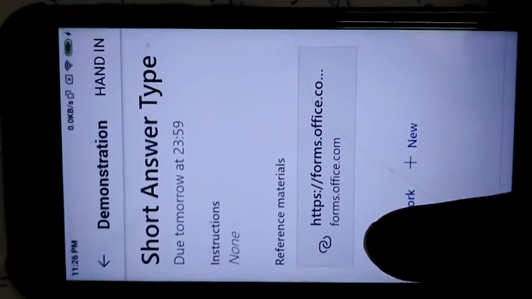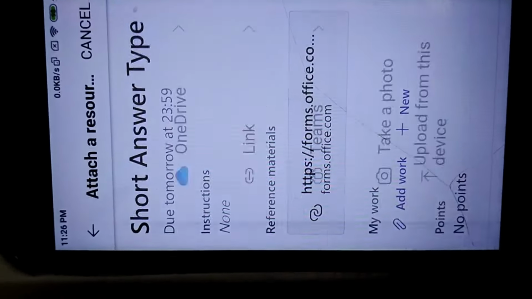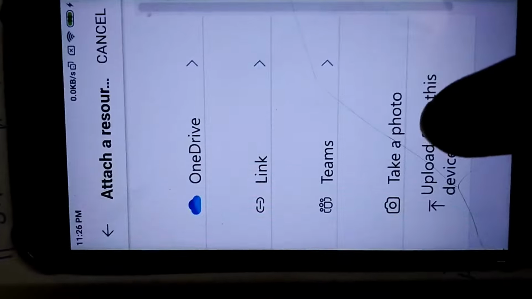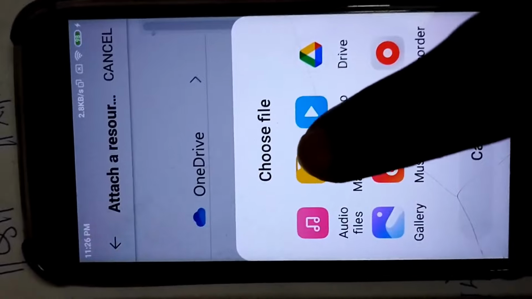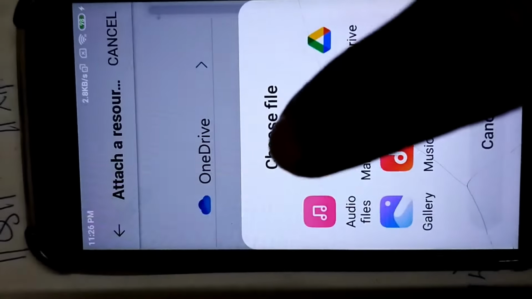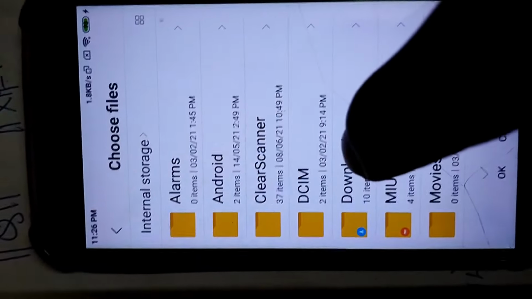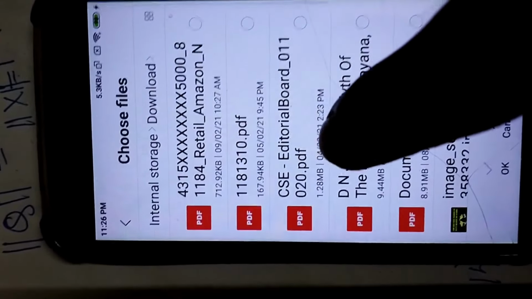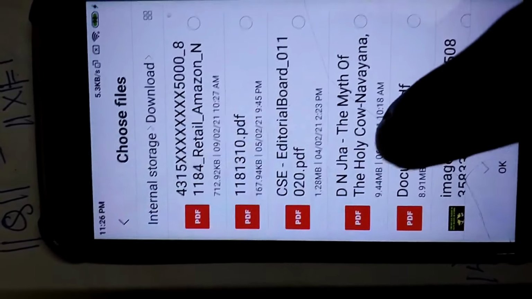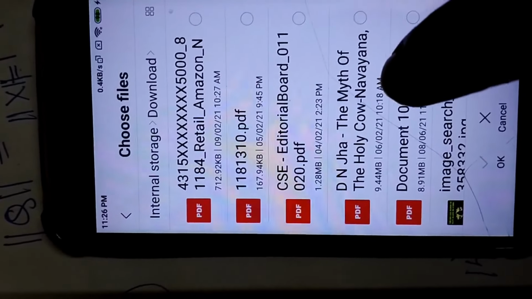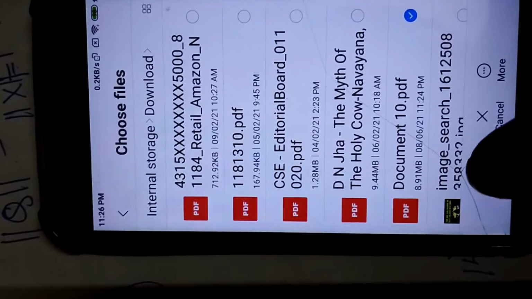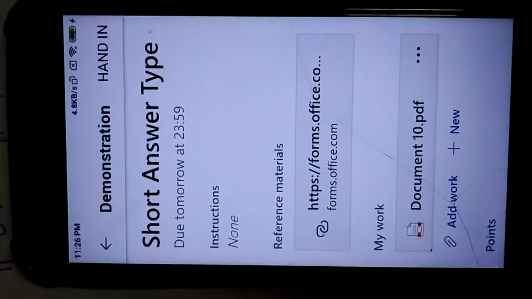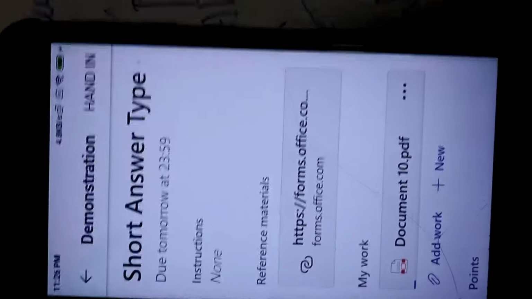So now I should go to add work, then upload from this device, then the file manager, download. Yes, this is document 10. Click on OK. Now we are done, right? Now what should you do? You should do hand in.